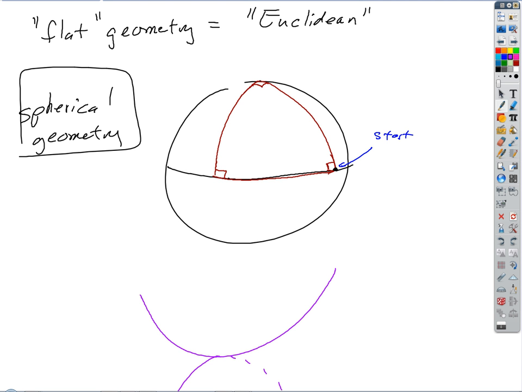Unbeknownst to him, we've previously taken a really high quality picture of the basket that he's been shooting on, and we're going to roll the basket away, and we're going to move out instead a blown up version of that picture that looks from his perspective identical to the basket that he was shooting on before. Now if he can't move his head, and let's say there are still some tricks he could do. He could focus his eyes and see that things aren't coming in and out of focus, but let's say that